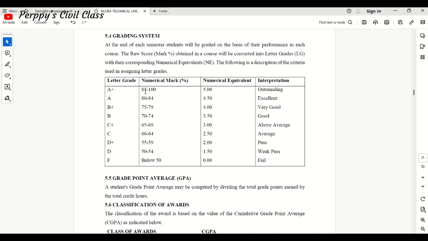If you're having between 85 to 100, then you're having an A plus, and the numerical equivalent is 5. The interpretation means you had an outstanding grade. The same goes for 80 to 84, an excellent grade, 75 to 79, very good, good, above average, average, pass, a weak pass, and then a fail. If you're having below 50, then you have failed the paper. You have to write receipts. And I pray none of you gets a receipt, because the fee for paying receipt alone is